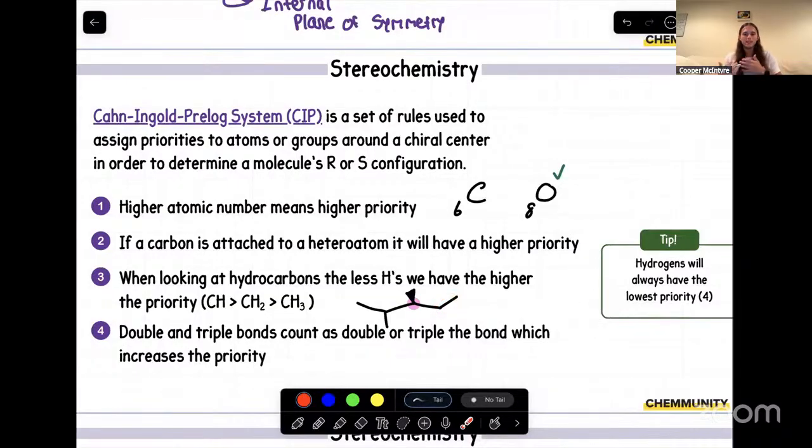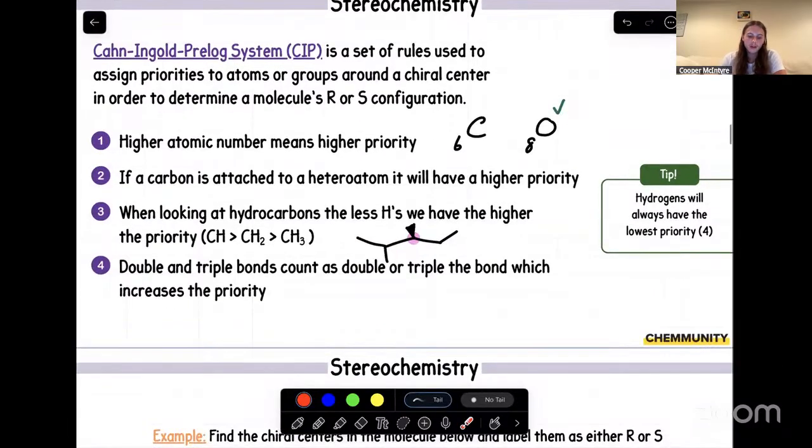And one of the ways we can assess the priorities with just simple hydrocarbons is looking at the number of hydrogens our carbon has. So for example, this carbon right here only has 1 hydrogen coming off of it, as opposed to this carbon has 2 hydrogens coming off of it. Now, since this group only has 1 hydrogen coming off of it, that's going to be higher in priority. And another way of thinking about it in terms of just hydrocarbons is the number of carbons this carbon is bonded to. So for example, this carbon is bonded to 2 other carbons, as opposed to this carbon is only bonded to another carbon. So this group will have a higher priority.